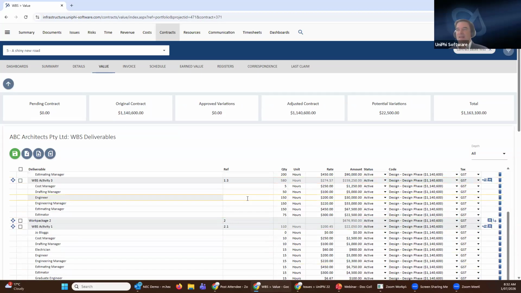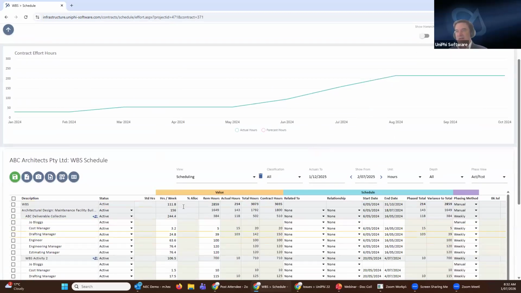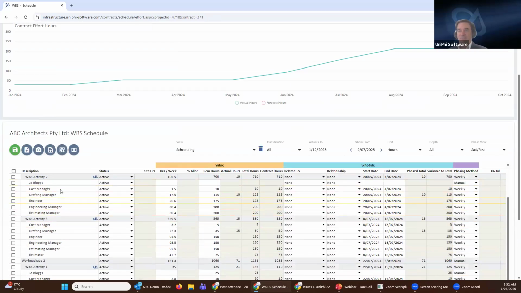Now in UniPhi 22, we enhance that even further. Once you've created your structure, you don't necessarily have to create the hours here. You would just create the WBS structure, which is a two-level structure here. And then when I go to the schedule screen, which is brand new, upgraded, existed before, but totally rewritten, I've got similar screens that I had in the resource planning view, a very similar updating screen here. And then what I would do is, as I estimate against the people and the classifications again, and I'm happy with that, you'll see here that the contract hours and the total hours are the same.